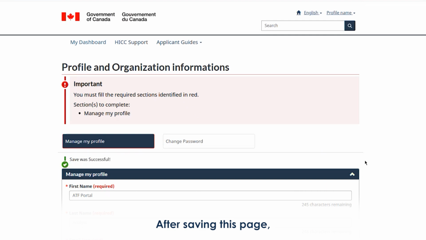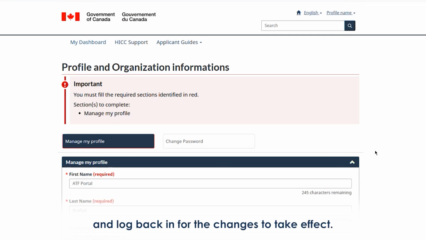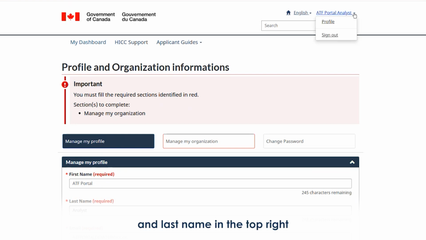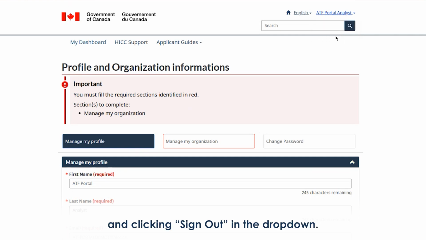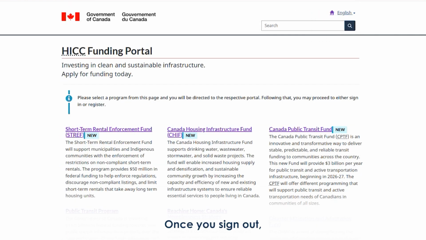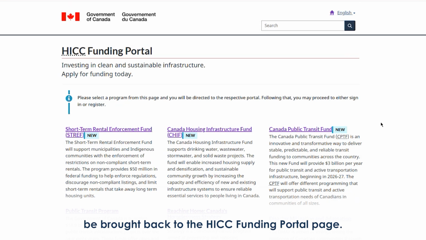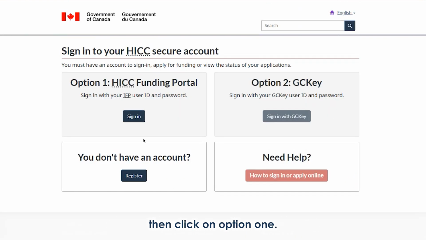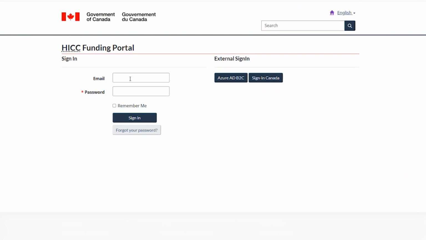After saving this page, you will need to log out and log back in for the changes to take effect. This can be done by selecting your first and last name in the top right corner of the screen and clicking Sign Out in the dropdown. Once you sign out, you will be brought back to the HICC Funding Portal page. Click on the Canada Public Transit Fund. Then click on option 1, HICC Funding Portal Sign-In. Enter your login information that you just created